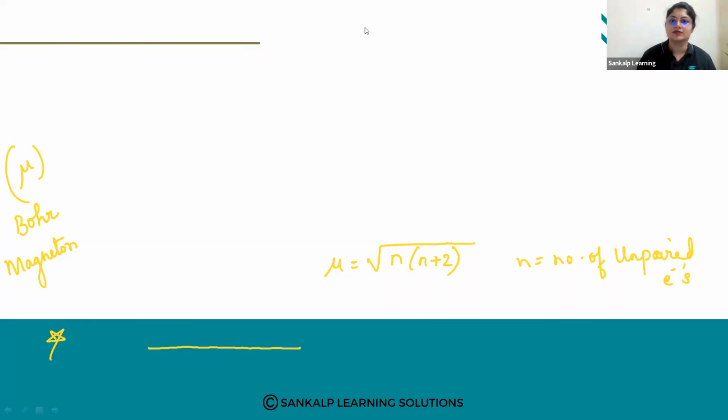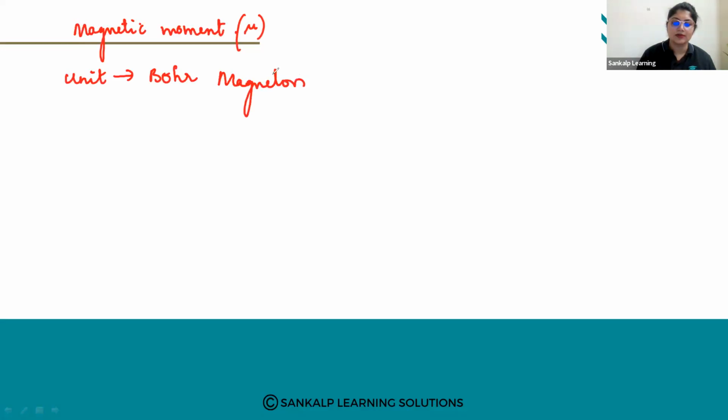Okay, so here I'll write it properly. Magnetic moment, given as mu, unit Bohr magneton. Bohr magneton. The magnetic moment is